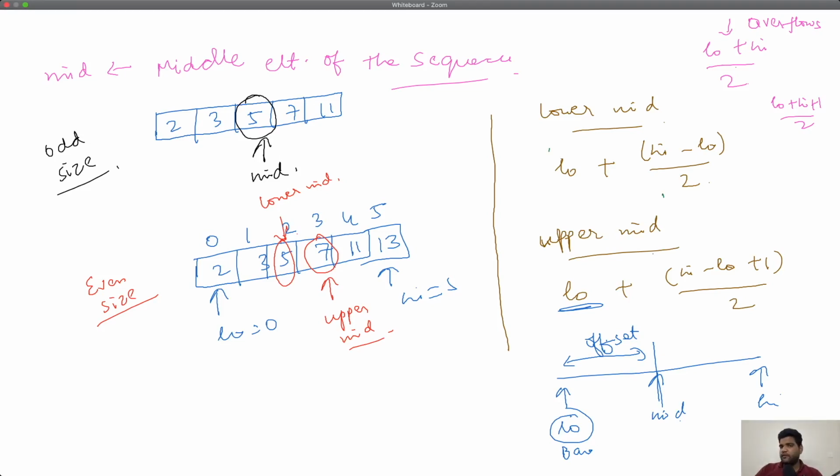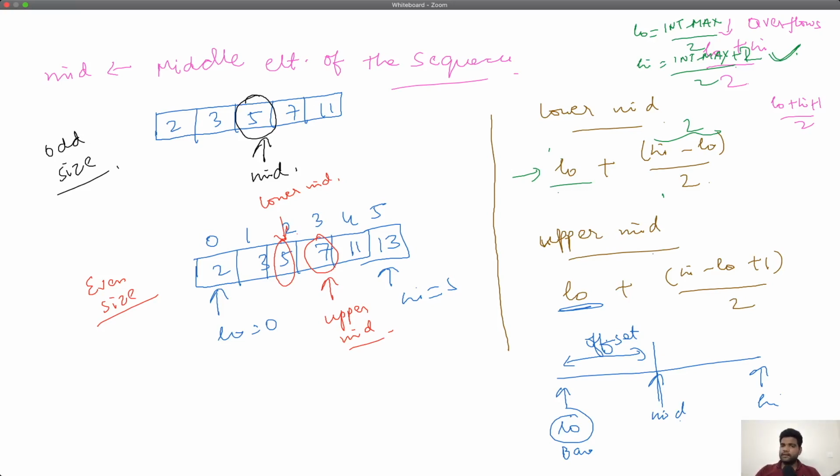But here, even if you have low as, let's say, int max by 2, and high is again int max by 2, or (int max plus 1) by 2 plus 2 by 2, then you can easily see that the other formula will lead to an overflow. But this one will not lead to an overflow, because this difference will give you a 2. So 2 by 2 is 1, and you are doing int max by 2 plus 1. So this will not lead to an overflow.